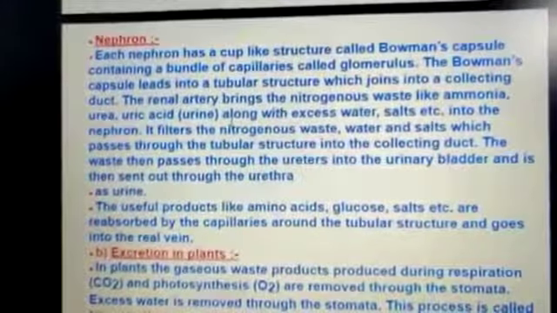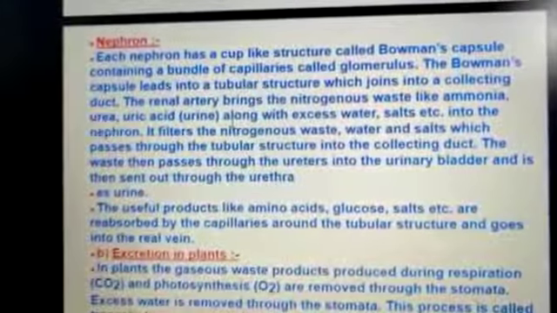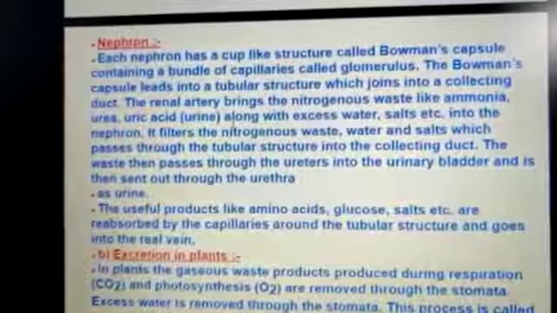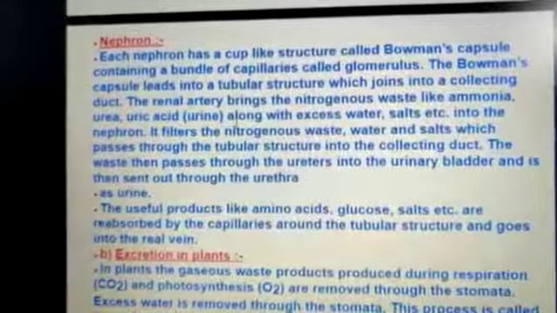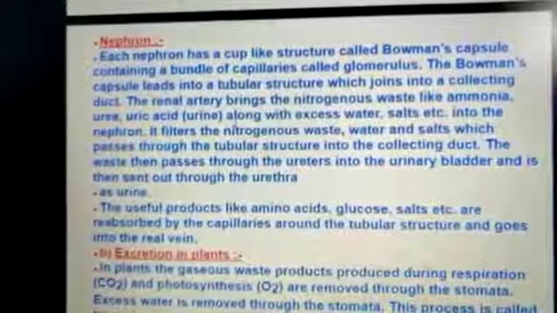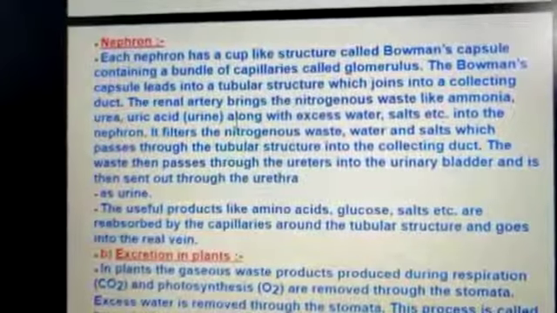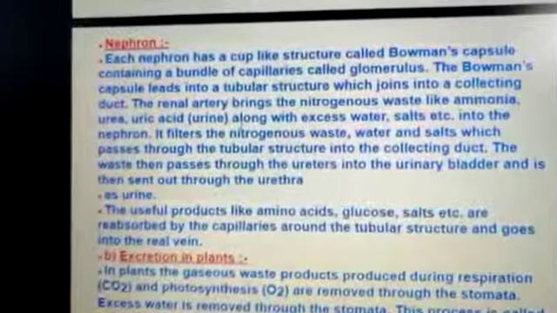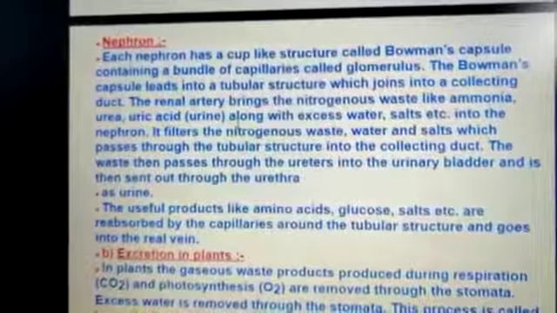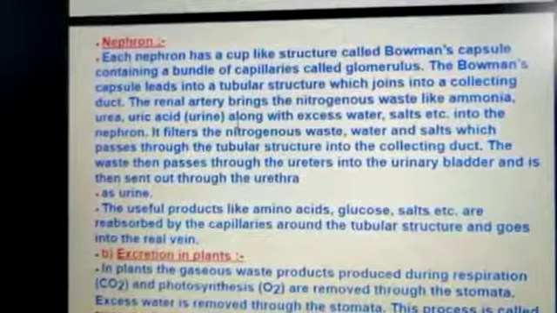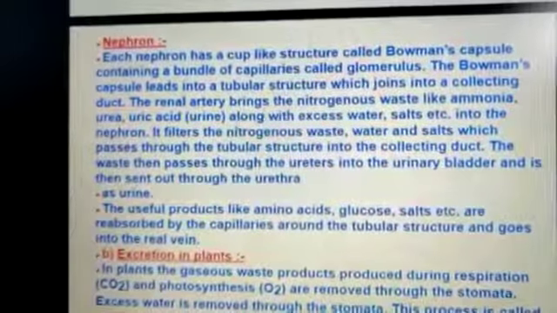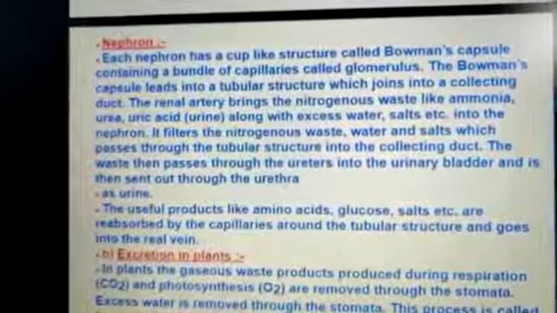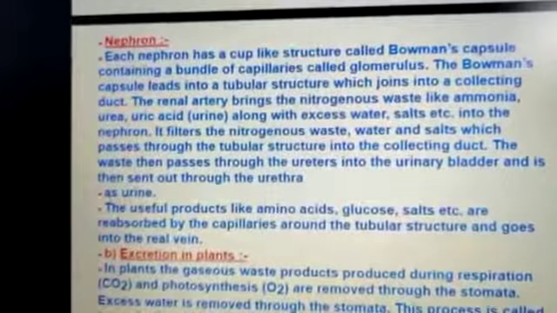ureter. We already studied the 4 units of the excretory system, 1 pair of kidneys, 1 pair of ureters. Both the ureters open into a bag-like structure, that is the urinary bladder, and the urinary bladder has an opening, that is the urethra. So the collecting duct opens into a ureter, ureters pour the urine into the bladder, and then it is sent outside the body through the urethra in the form of urine.